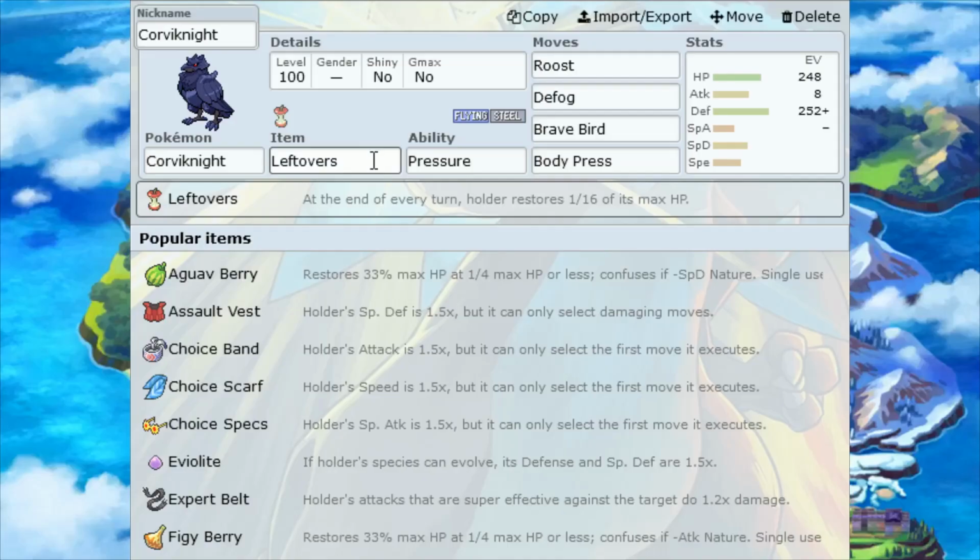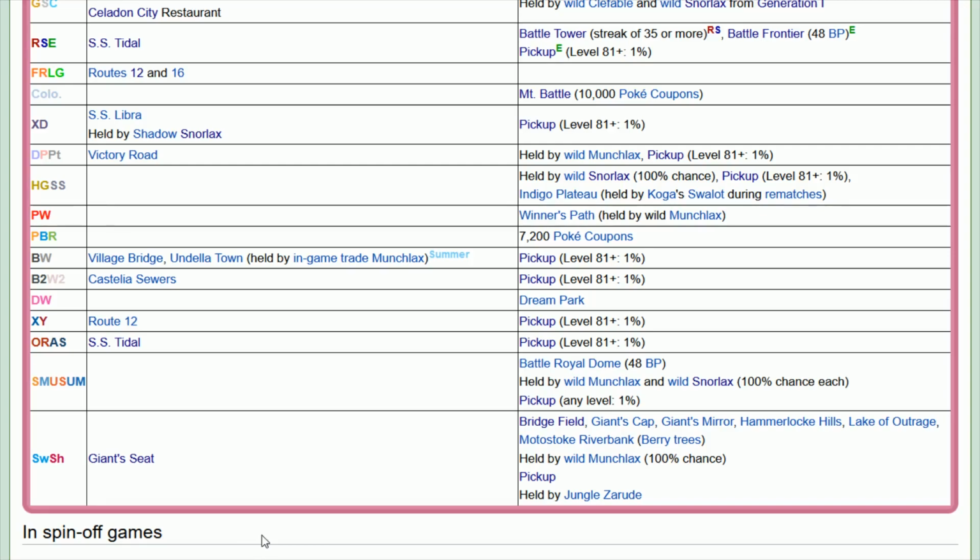And the item that we want to slot onto our Corviknight is going to be Leftovers, and at the end of every turn, the holder is going to restore 1/16 of their max HP. And Leftovers is pretty easy to obtain in the Sword and Shield games. I often find them from berry trees, but there's also a finite method that you can pick them up over